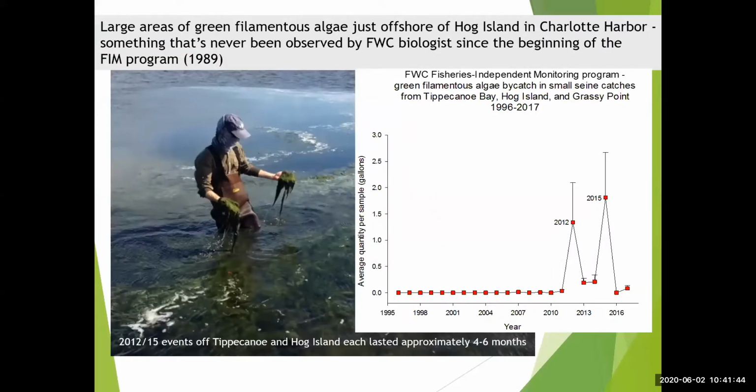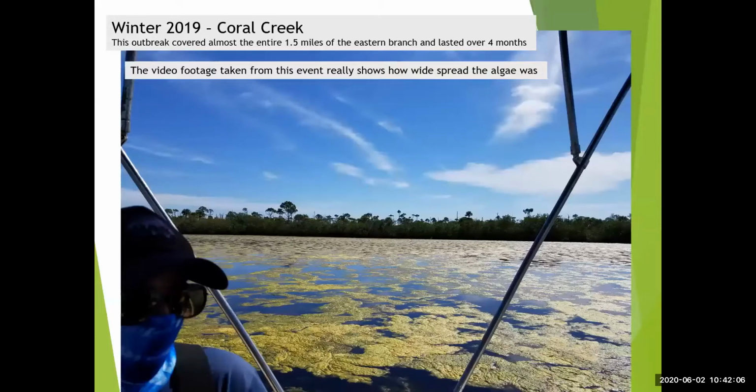And just to give you an idea of how rare green filamentous algae was, basically for 20 years we rarely ever saw it. And in this data, this graph will show you that from 1996 to 2011, this is our records of